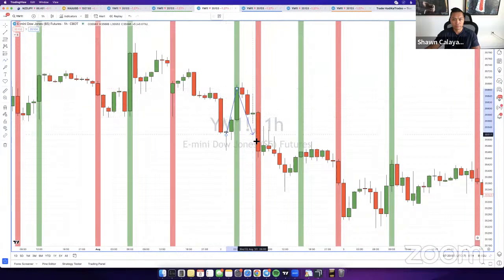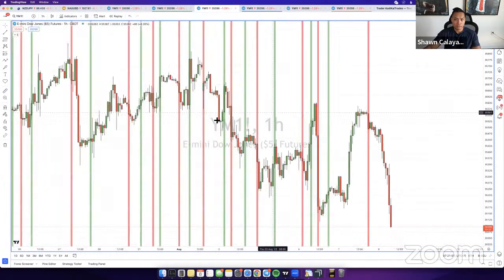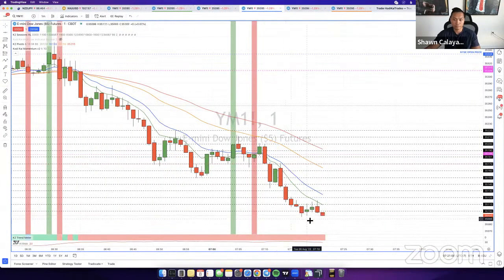Push up, retrace. Interesting. Okay, so I'll probably play around with that after the live session today. See if I can find something, because it'd be pretty cool if I can get a higher time frame type entry just off that specific pattern.